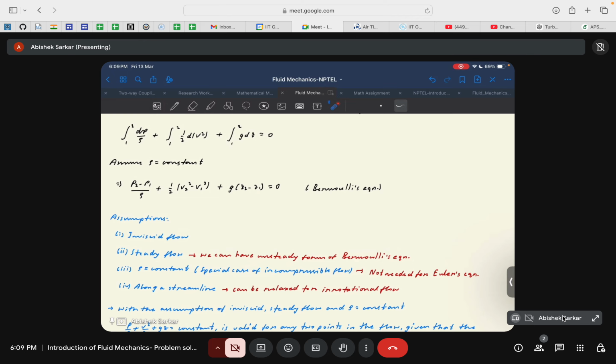It's actually a very, very specific case of fluid motion where we can apply Bernoulli's equation, not questioning its applicability. More or less, Bernoulli's equation gives us an idea of the trend of variation of pressure and velocity even in very complex cases. For example, for flow over an airfoil, through the principle of Bernoulli's equation we can vaguely say that the pressure under the airfoil would be higher than the pressure above the airfoil,